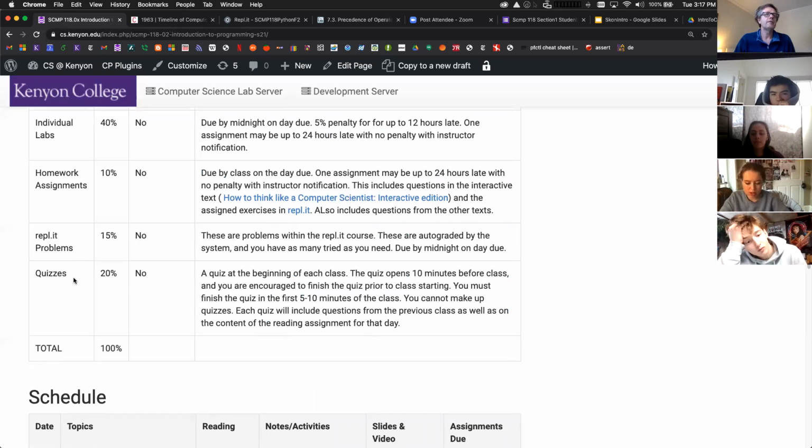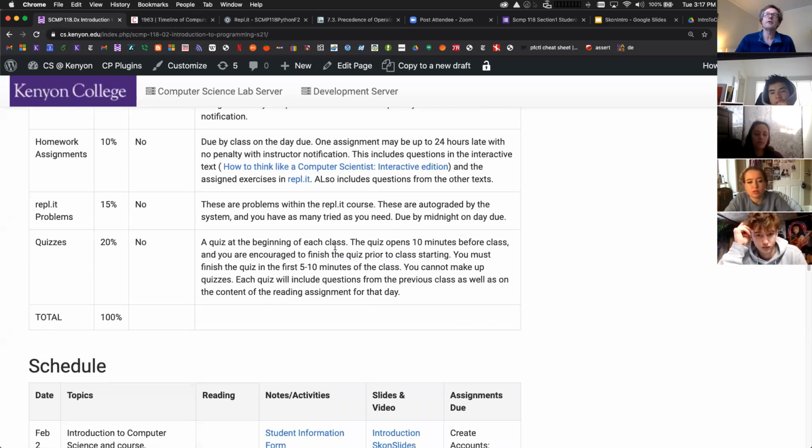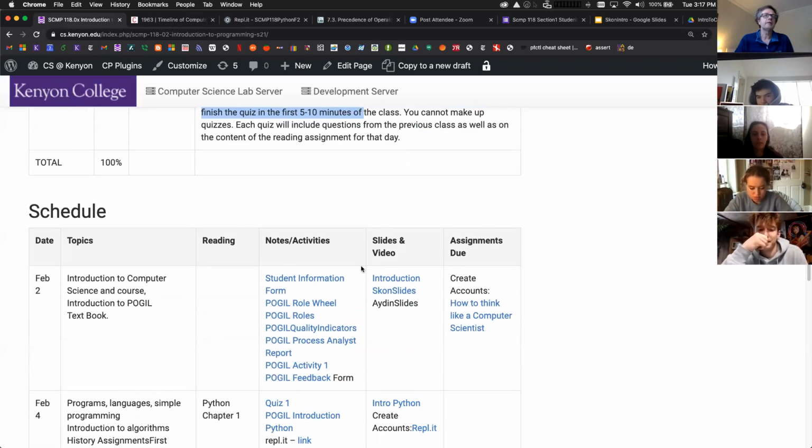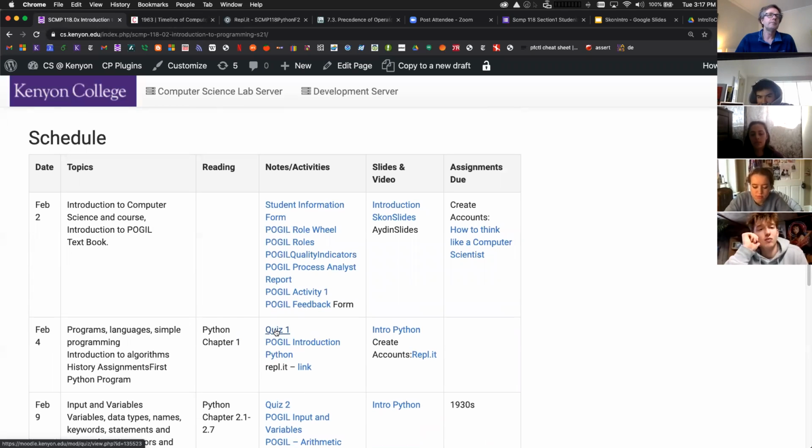And then, at the beginning of every class, almost every class, there's going to be a quiz. Now what I do is I open up the quiz 10 minutes before the class. If you zoom in, you'll see the password on Zoom. Then you click on the link, you go to Moodle, and it asks some questions, and depending on the quiz, you have a certain fixed amount of time that you have to take that quiz.